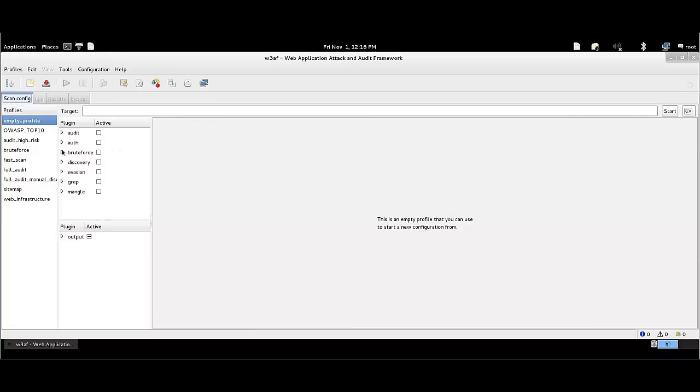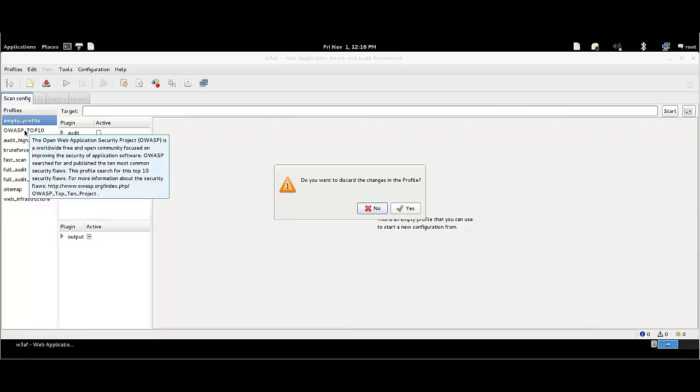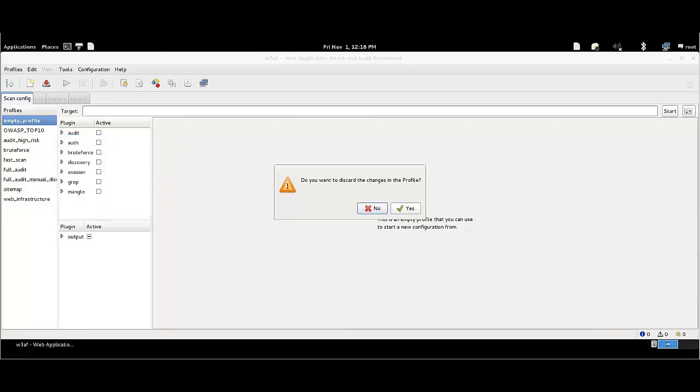Here you can see there are different sections. Here is the target, where you can put the name of any website you want to conduct a vulnerability assessment on, like xyz.com or yahoo.com or google.com, as I told you in the previous video. Here you can choose OWASP top 10, that is the Open Web Application Security Project top 10 attack vectors, figured out by OWASP every two or three years. They conduct assessments around the world on different web applications to see which critical attack vectors they are vulnerable to, and then they categorize them into the top 10 categories.